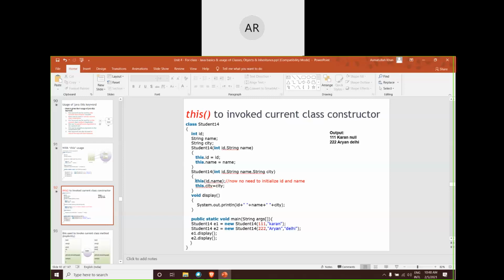Here, do remember we are explicitly calling the constructor. So this will make a reference to the constructor and it will initialize these two variables and try to execute this code. After executing, it will try to assign the city and it will finish with its functionality. Okay.